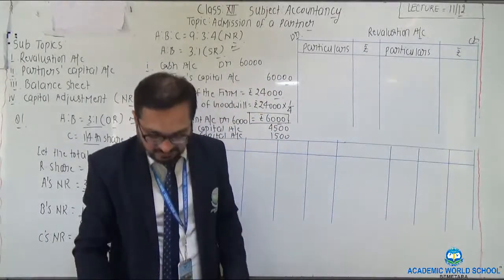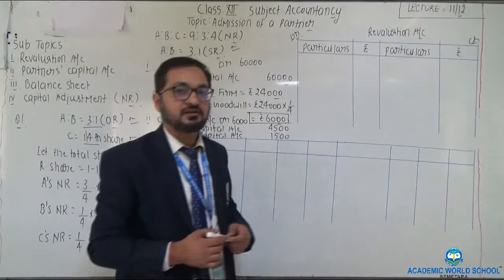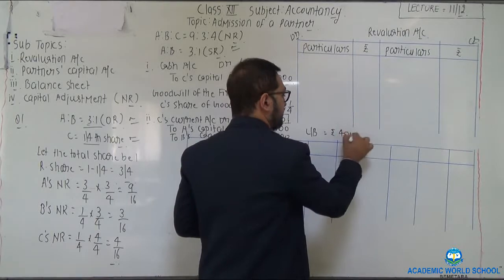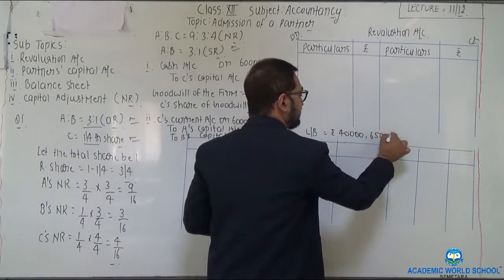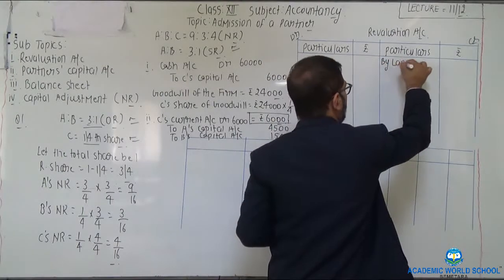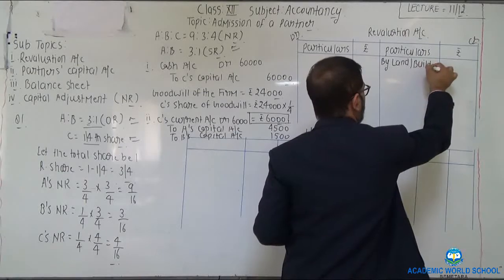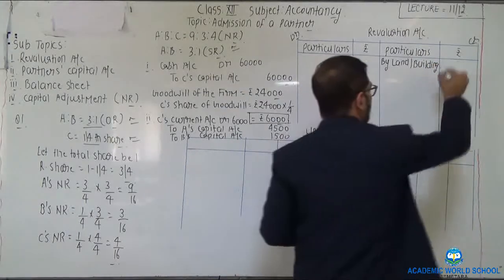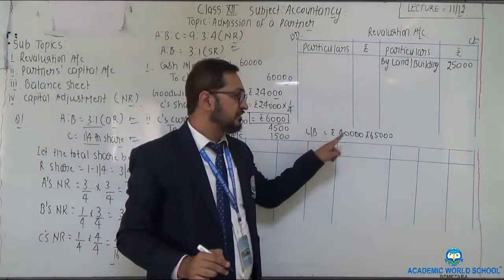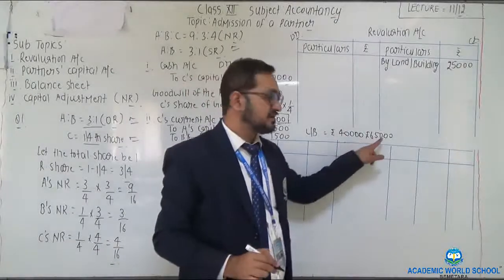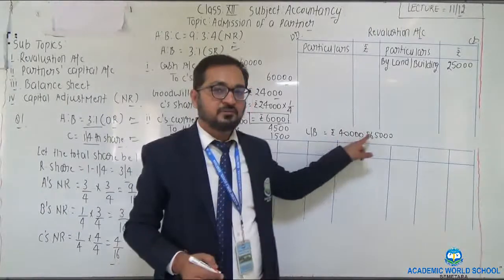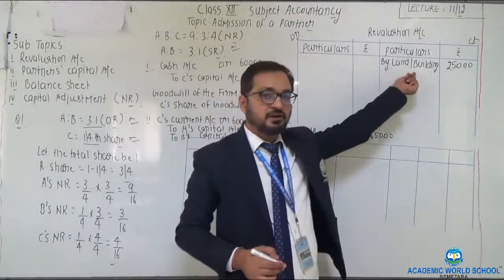So first adjustment is land and building were valued at 65,000. Previously the value of land and building which is given in the above balance sheet was rupees 40,000. Now it is estimated at rupees 65,000, which means that there is a profit of 25,000 to be posted on the credit side by writing by land and building, amount being 25,000. Clear now? There is an increment in the value of land and building by rupees 25,000. So there is a profit of 25,000.